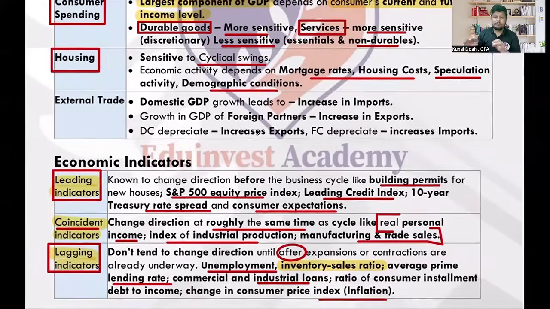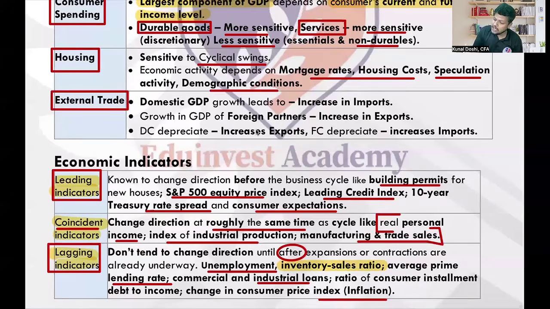Correct? Demography, yes, if there's more expansion happening in a particular zone or a city, because of that, what will happen? There will be more buying of houses there. Also, if you have a younger population, more people are willing to rent, so the rental yield will also increase, right? That will increase the chances of speculation. People will buy more homes to earn higher incomes.